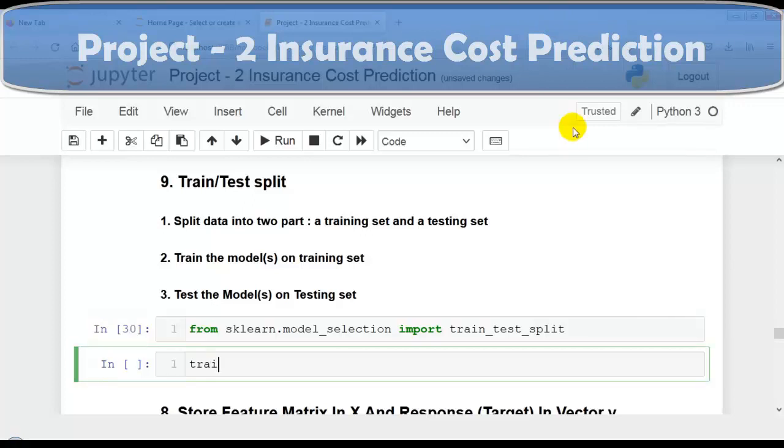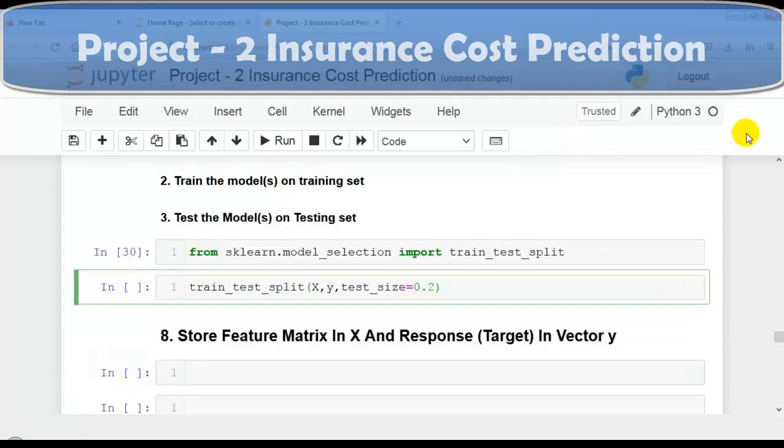So now let's use train test split. So here we have to pass our independent variables and our dependent variable, and also we have to define test size. So we are going to store this 20% data separately for testing purpose, and here we have to write x_train, x_test, y_train and y_test equal to this train test split.